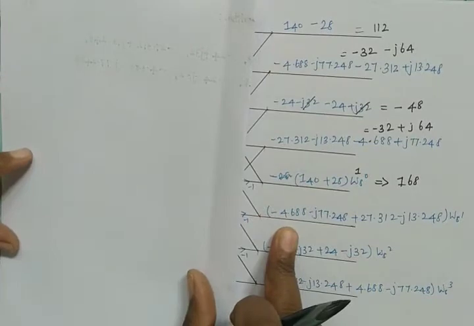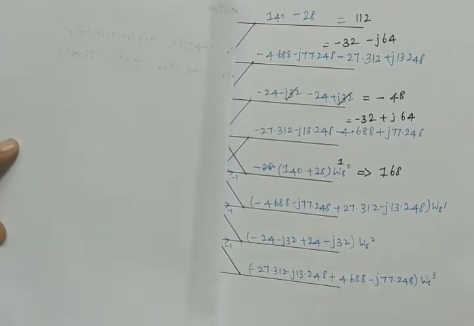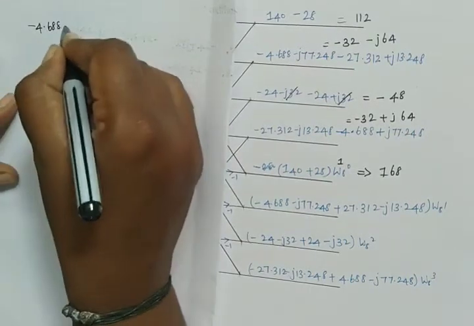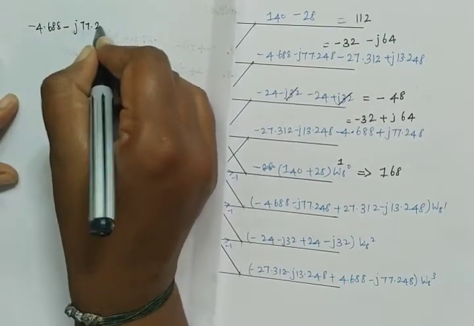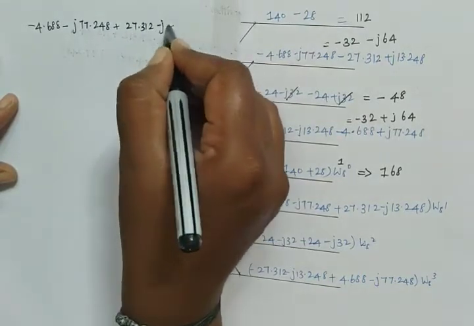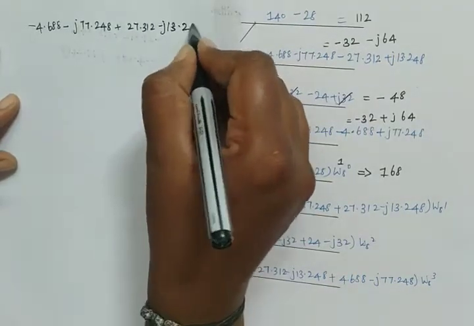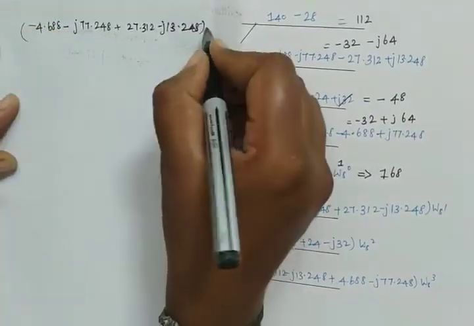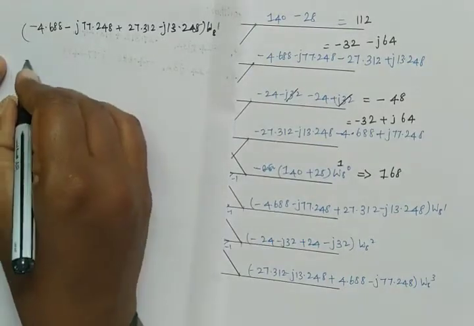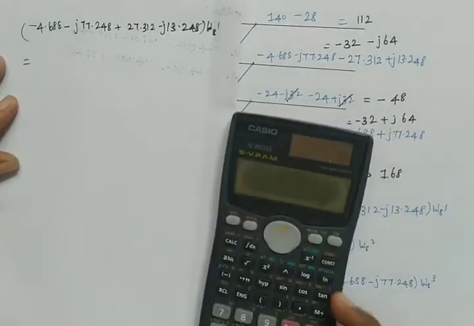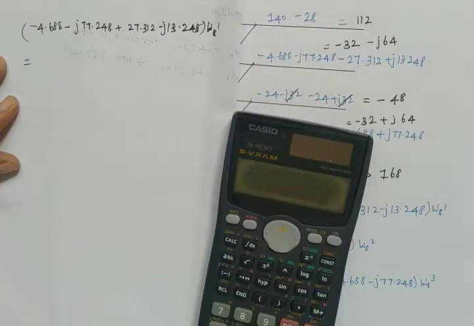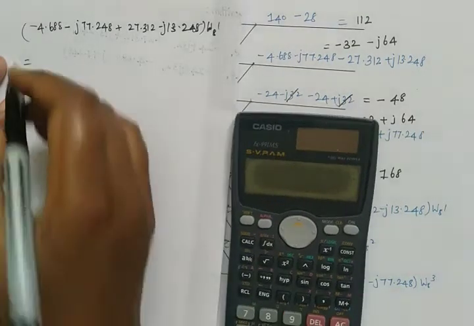See here, here we have minus 4.688 minus j 77.248 plus 27.312 minus j 13.248 into W8 power 1. Now what we have to do: here we have 4.688 and 27.312, that is 27.312 minus 4.688, so it is equal to